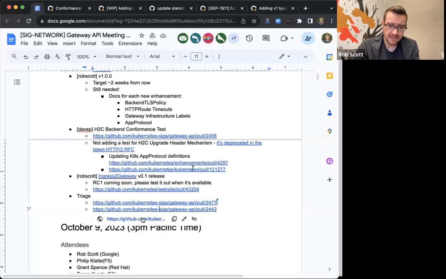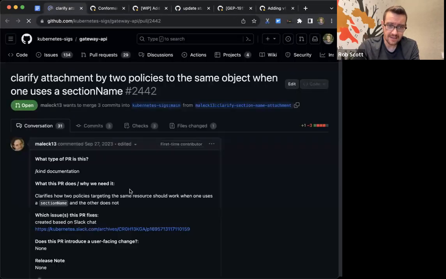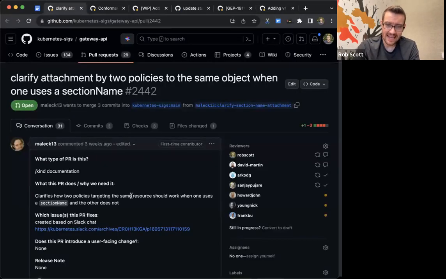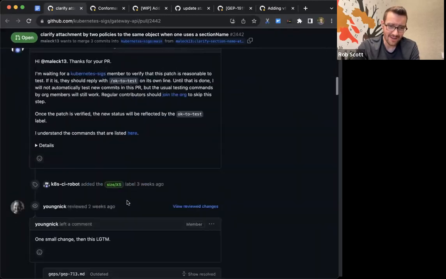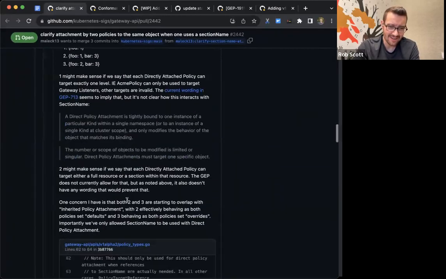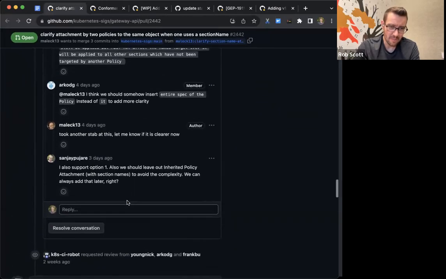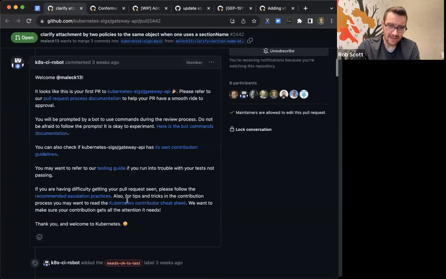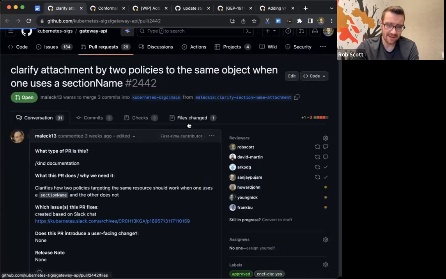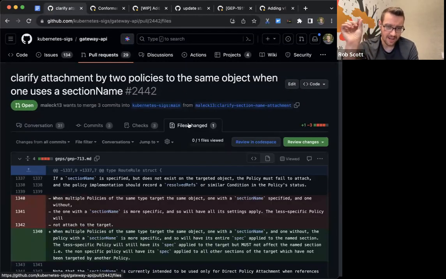And the last one here has had, I feel like, almost everyone comment on this very, very long thread of what we want to do for direct policy attachment, specifically when you have two policies, one targeting a section name and one targeting the entire resource.